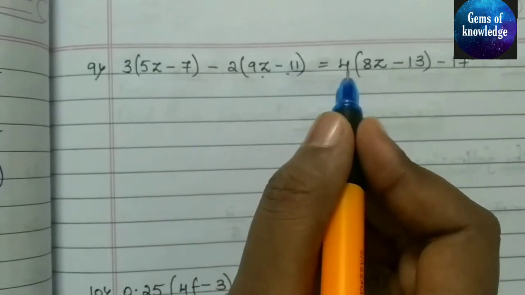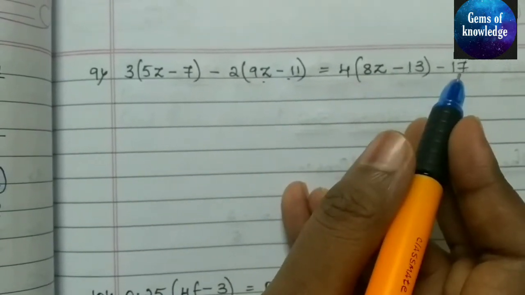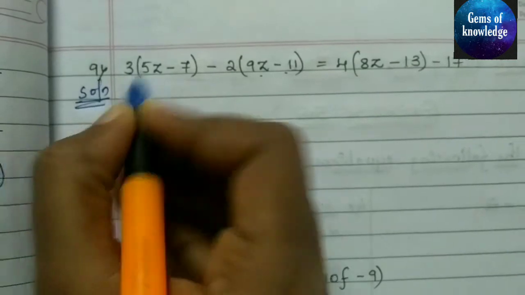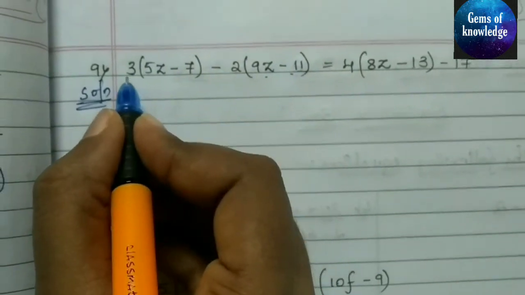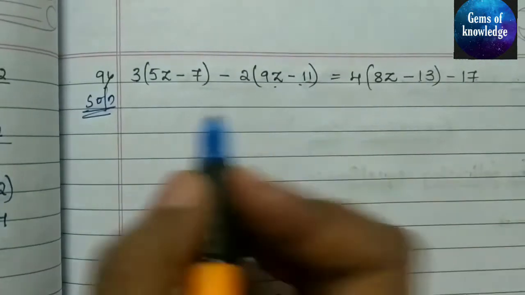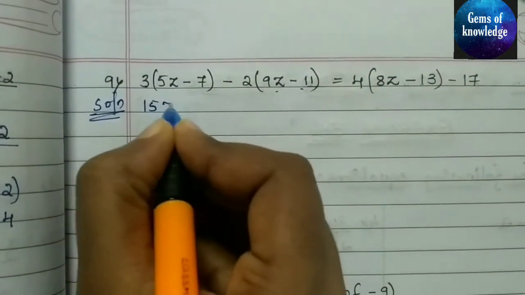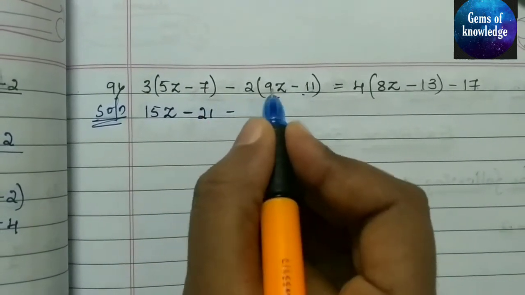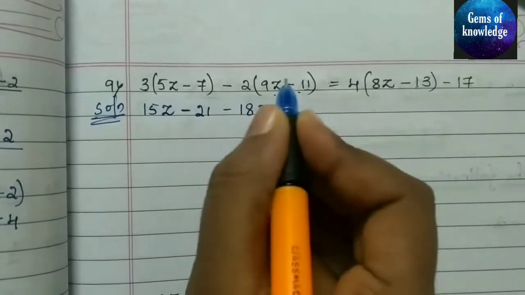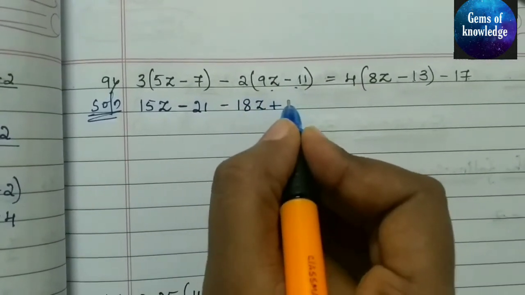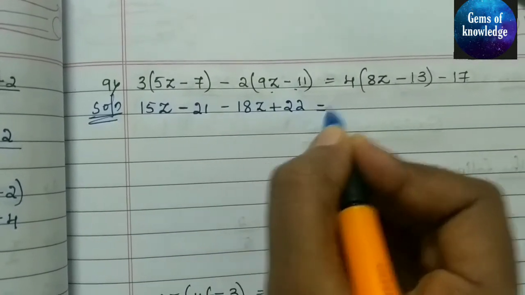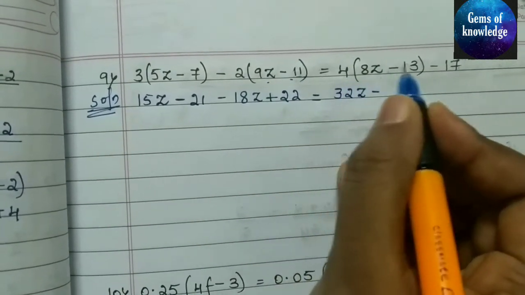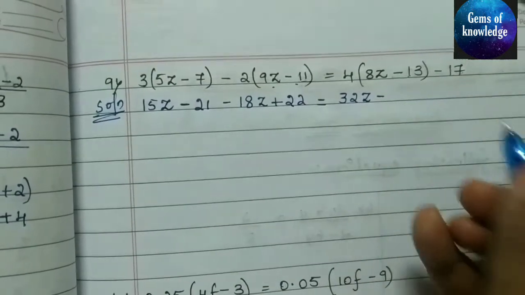11, which is equal to 4 into 8z minus 13 minus 17. Okay. So let us solve this. So here also first we have to open the brackets, that is 3 into 5, 3 5s are 15z, minus 3 7s are 21, minus 2 9s are 18z, minus into minus will get plus 2 11s are 22. Okay, which is equal to 4 into 8, 4 8s are 32z, minus 4 into 13, we are getting 52,